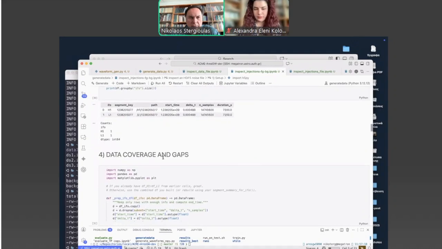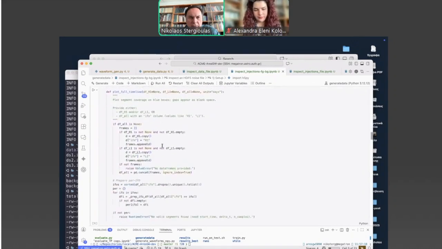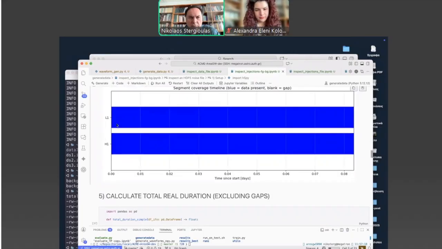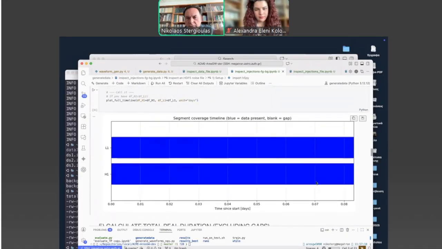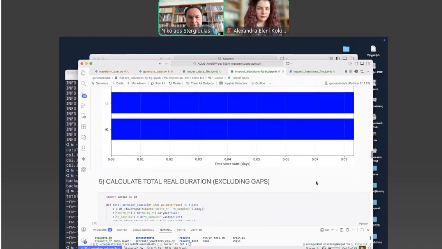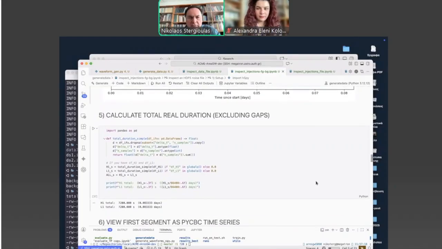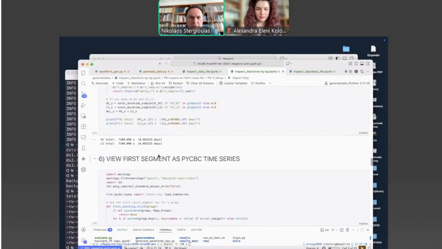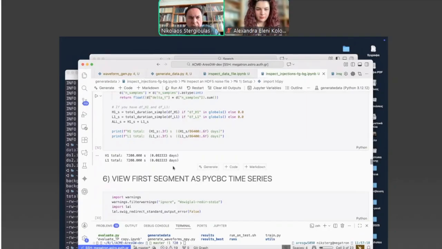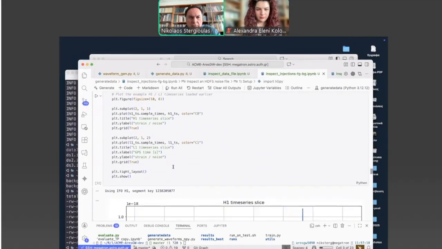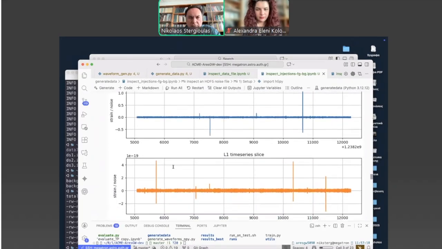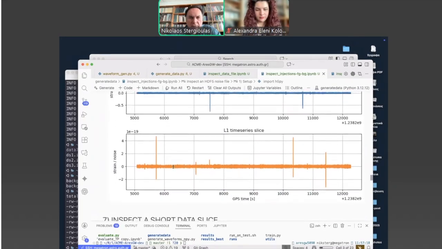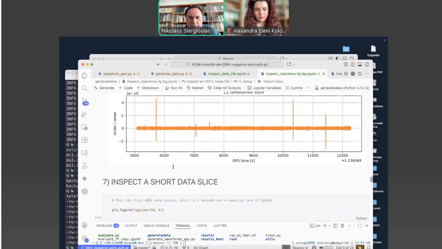And we can see here the table again, the data coverage and the gaps. So this is now the continuous data for just not 2 seconds. It's actually 7,200 seconds. And the real duration is here, 0.083 days.